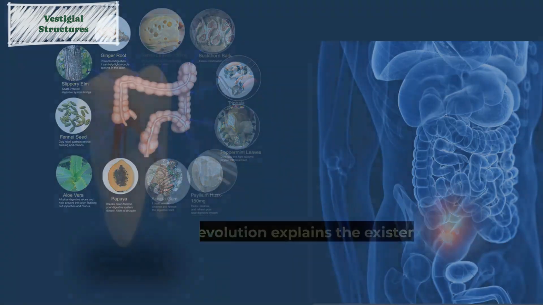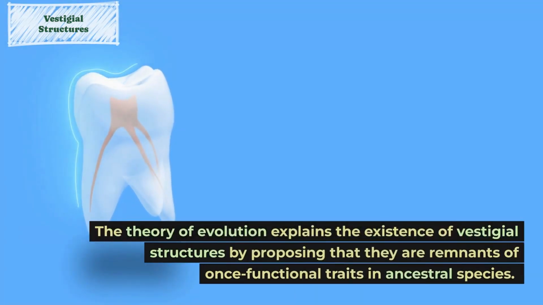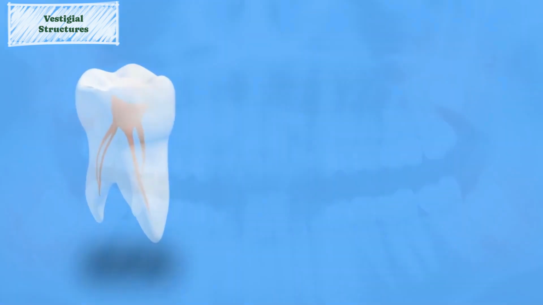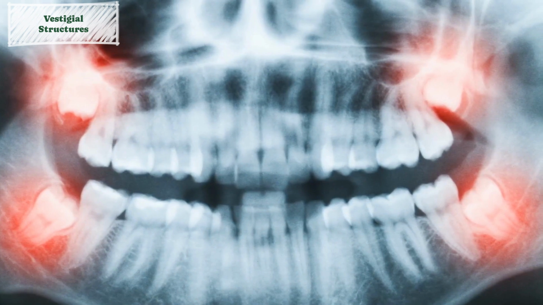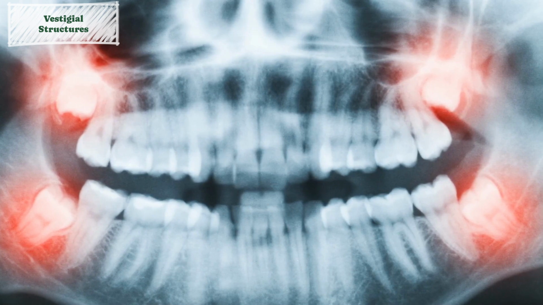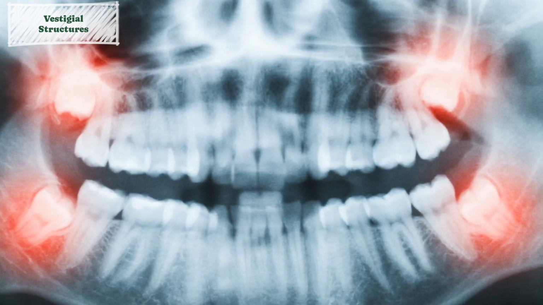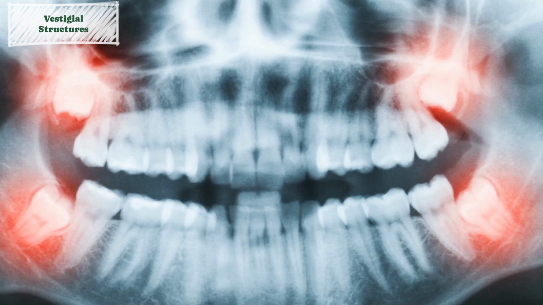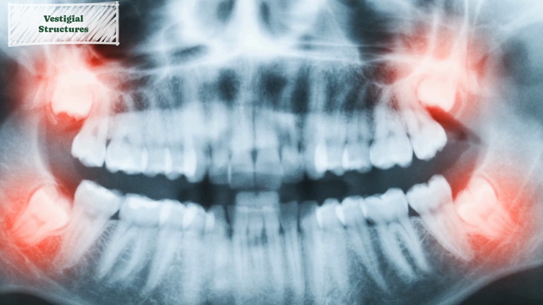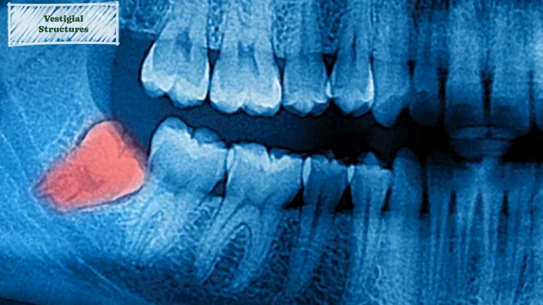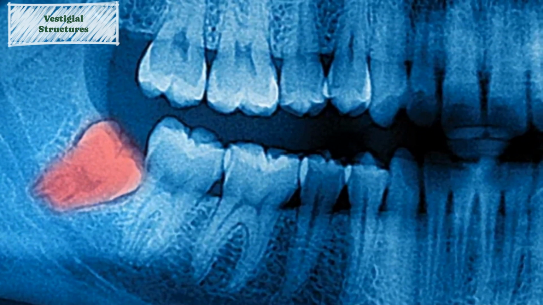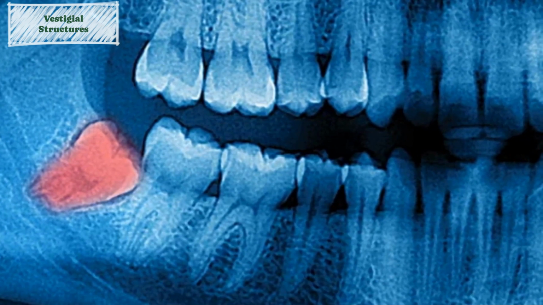vestigial. The theory of evolution explains the existence of vestigial structures by proposing that they are remnants of once functional traits in ancestral species. As organisms evolve and adapt to new environments or adopt different lifestyles, certain structures or organs that were once advantageous and useful may become unnecessary or even detrimental depending on the situation. These structures may then gradually shrink in size or lose their original function over time, right? Generation by generation, getting less and less functional, more and more smaller, but still persist in some modified form, like